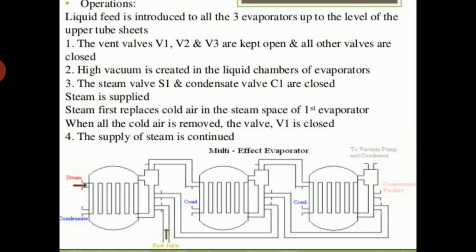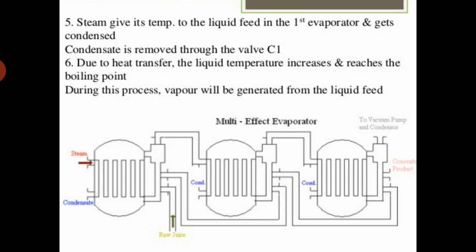Next is the working of the forced circulation evaporator. Steam is introduced into the calandria. Pump sends the liquid to the tubes. It gets heated and begins to boil. As a result, the vapor and liquid mixture rushes out of the tubes at a high velocity. These mixtures strike the deflector, which throws the liquid downwards.